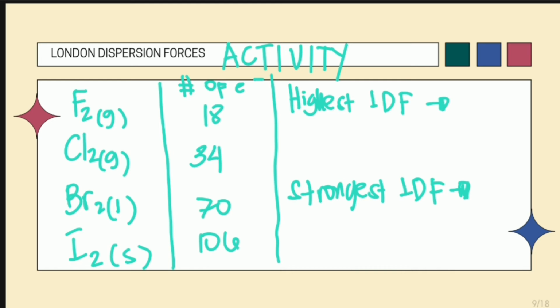Now try to answer this activity. We have here fluorine atom, chlorine, bromine, and iodine. Fluorine is in a gas phase as well as chlorine, while bromine is in liquid phase and iodine is in a solid phase. So based on the number of electrons given, determine kung alin sa